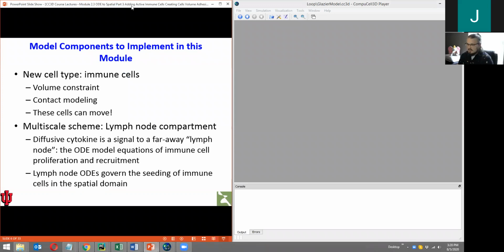So to do that, in this specific module, we're going to go through introducing a volume constraint, as well as contact modeling aspects. Probably most interestingly, in the spatial domain, we'll have cells that actually move around, those being our immune cells. And we're going to implement a sort of multi-scale scheme to do compartmental modeling of something like a lymph node,